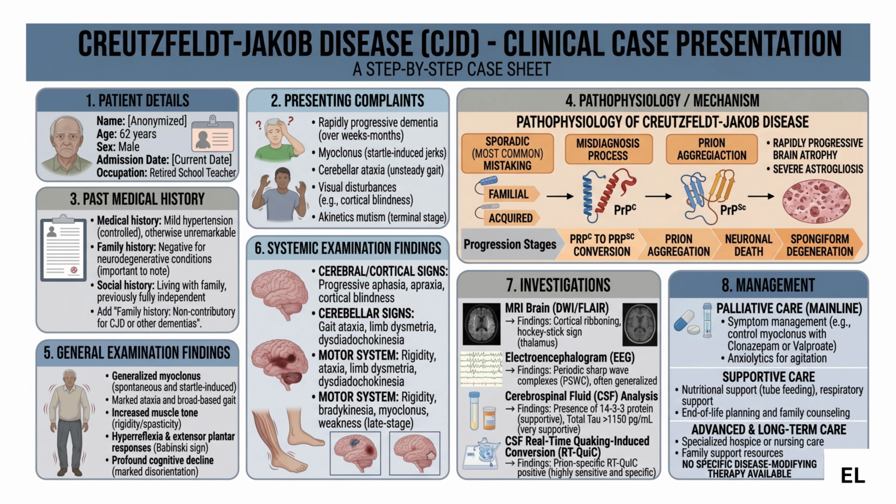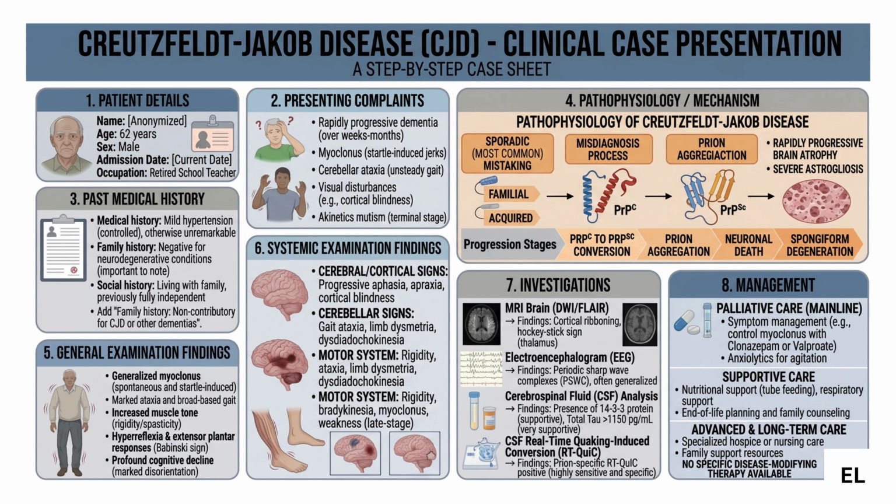Muscle tone may be increased, producing rigidity or spasticity. Neurological examination may reveal hyperreflexia, meaning exaggerated reflex responses. Additionally, the patient may have extensor plantar responses, also known as a positive Babinski sign, indicating upper motor neuron involvement. As the disease progresses, the patient develops profound cognitive decline, including severe disorientation, inability to recognize familiar individuals, and loss